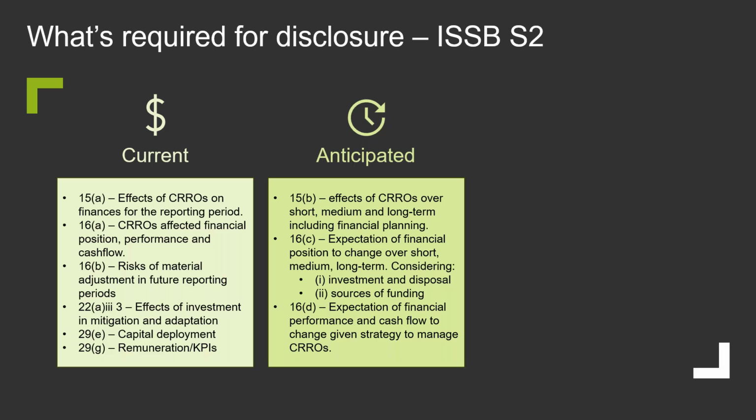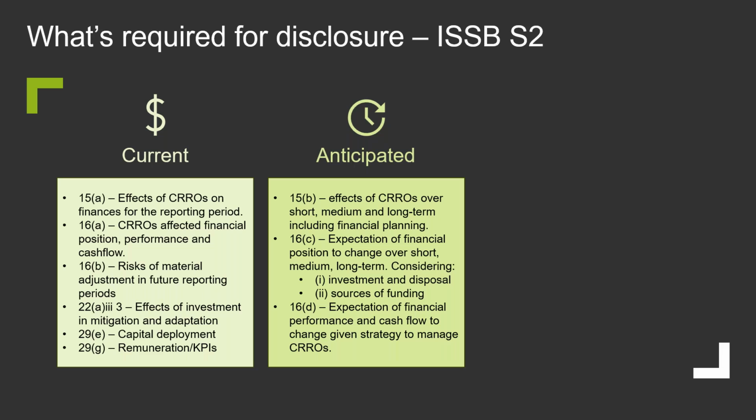16D is around the expectation of the actual financial performance of the business and cash flow to change. And what is the strategy to manage climate-related risks and opportunities? So what are the resources available? And ultimately, can a business adapt climate risks and opportunities? How could the change of financial performance and its cash flow impact that strategy to manage its climate risks and